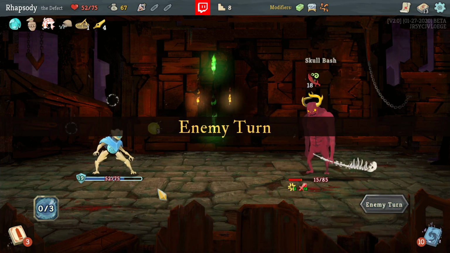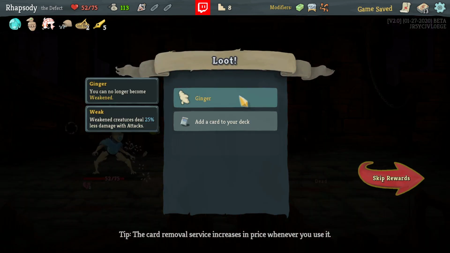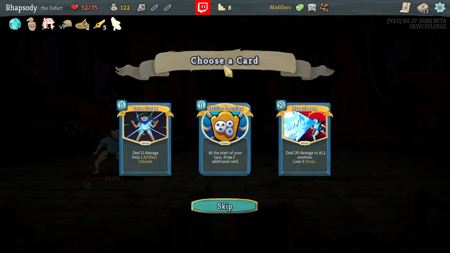Making sure to do the block here because I know that I've got the Hand of Greed in the next hand, and that's the kill for the gold. I need the gold as well to try and get more cards. Core Surge, Machine Learning, and Hyper Beam. I love the idea of taking Hyper Beam or Core Surge here. Machine Learning, like, all of these are cards that don't need other cards to work with them, so they're cards that I can actually afford to...